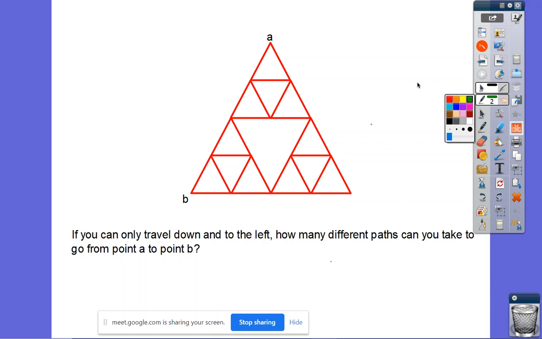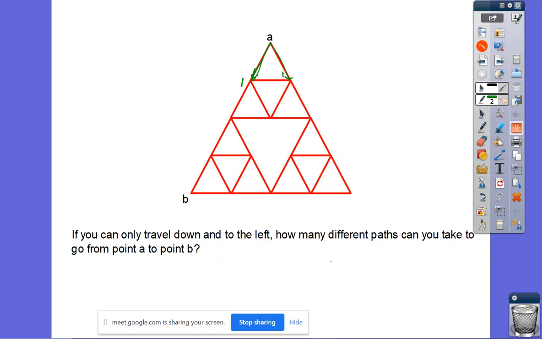All right, so if I start at point A, I have the option of going two different ways. If I go the most direct path towards point B, how many different options do I have to get to this intersection right here? Well, I have one, right? How many different options do I have to get to this intersection? Again, I have,